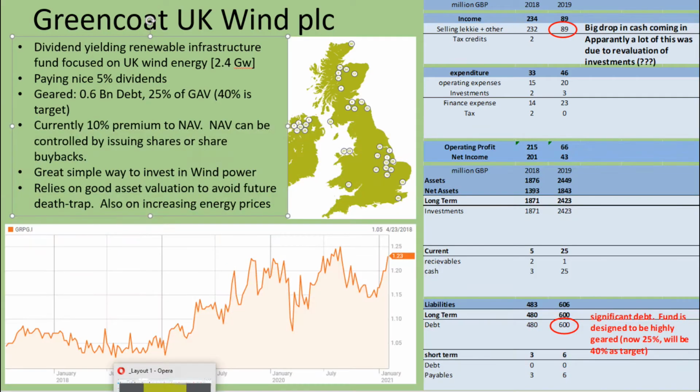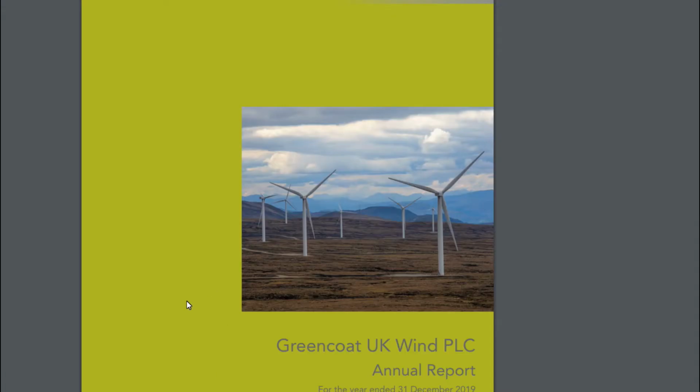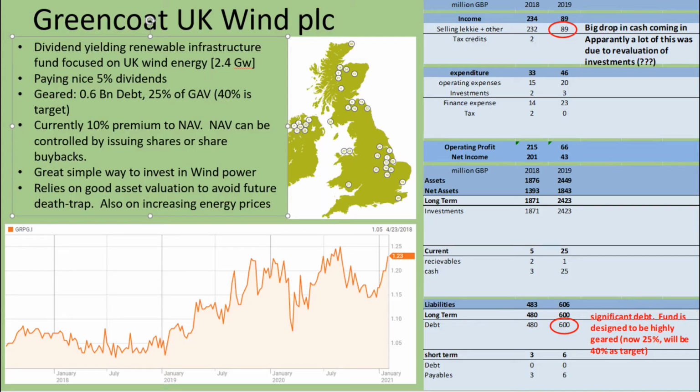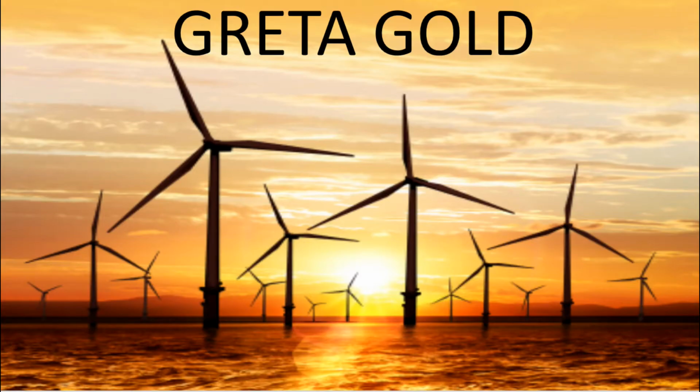And now for a look at Greencoat UK Wind PLC. And at last, I've been going through so many companies, and at last I found one that is actually a direct investment into wind power. So this is part of my Greta Gold series, and if you take a look in the top right hand corner, you'll see the initial video I did taking a look at renewable